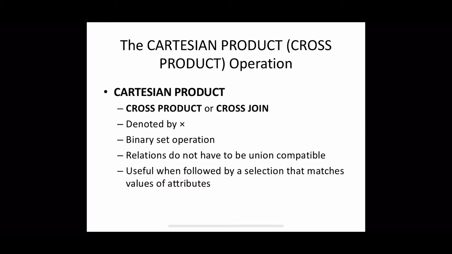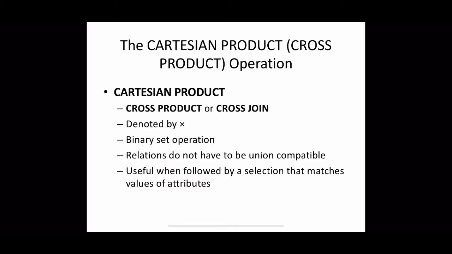So for example, suppose that we want to retrieve the list of names of each female employee's dependents. In that case, we can apply this Cartesian product on the employee relation with the dependent relation. So we will get every combination for the employee-dependent relation. So for each employee, the corresponding dependent, such a tuple will be there in the resulting Cartesian product relation. So in such cases we can use this Cartesian product.